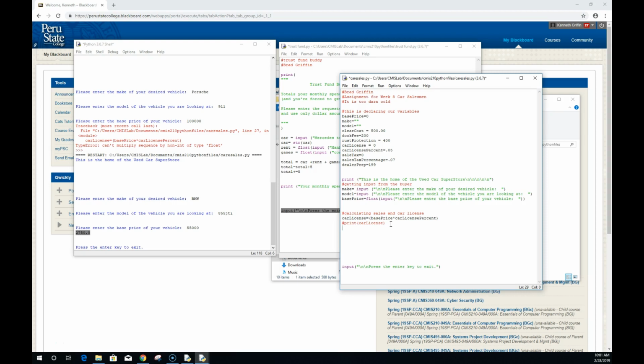Okay. But remember, I always have to put it into that variable. And in fact, I made a misspelling up there. I called it sale tax instead of sales tax. Equals our base price times